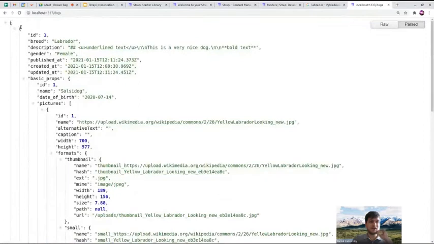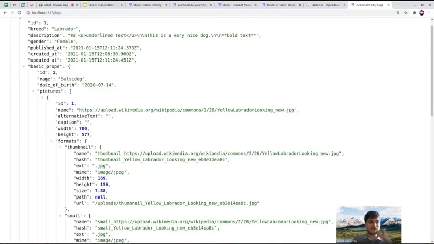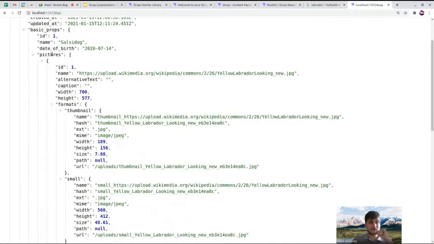So we have an array of objects which represent the docs. You have an ID, the breed, the description with the markdown, the gender, published at, created at, updated at, basic props, name, date of birth, pictures, and